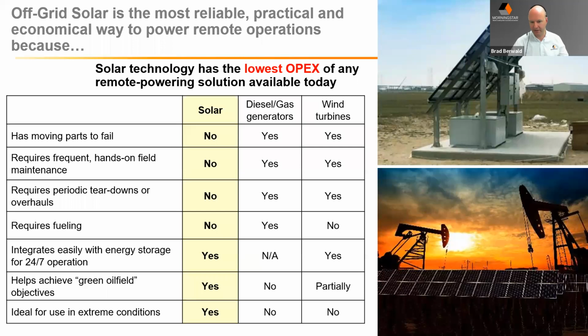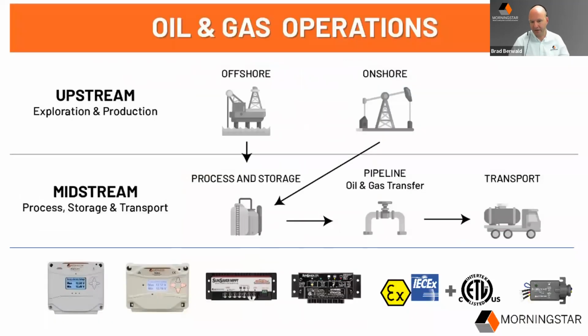And when you're looking at gas and diesel generators, or even wind turbines, solar is a natural, very reliable partner of these industries, because of how hands-off it really is. So when you've got an oil pipeline, all you need is a 50-watt module, a Sunsaver, and a small sensor, to keep track of a very important asset in the middle of, sometimes, parts of rural Texas, Mexico, and Canada, and other areas. So just to speak briefly to this industry, there are two areas that Morningstar participates in more,